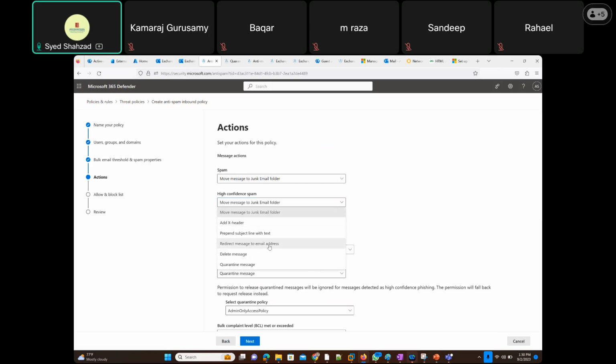Redirect message to an email address. Redirect would simply mean that the recipient who's supposed to get it will not get it, and if it is high confidence spam or spam, it will be redirected somewhere else. It will not even reach the mailbox of that user. It will go somewhere else entirely. So maybe you don't want to do that. Even if it reaches the user's mailbox and reaches the spam folder of that user, for which it was intended,